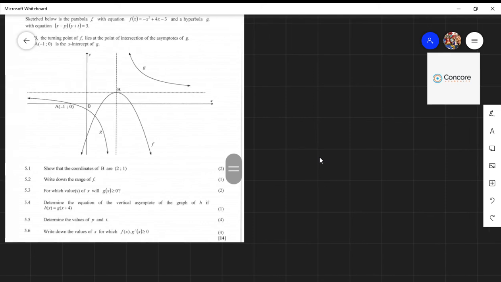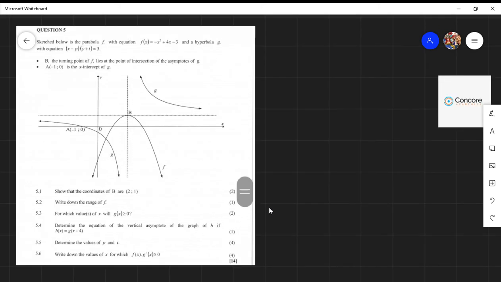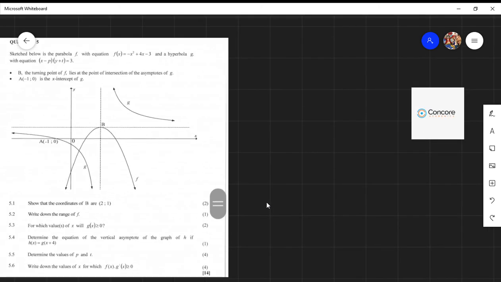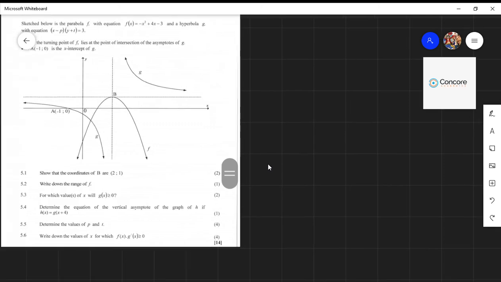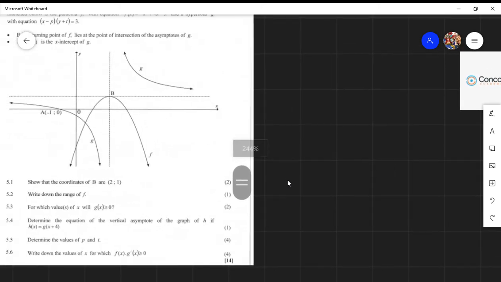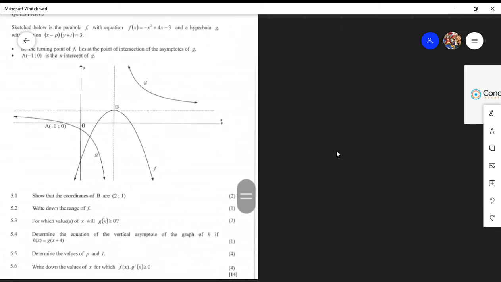Can everyone still see the question? Yeah. And now is everyone able to see clearly? Okay. Okay, so it's